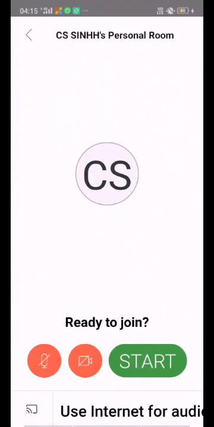Now here we will get the option to start meeting, and two options are also there, one for audio and one for video. First we will start the meeting.